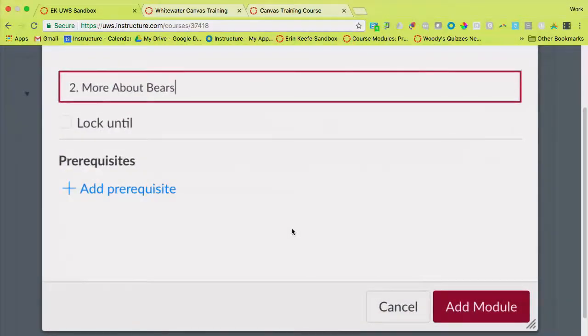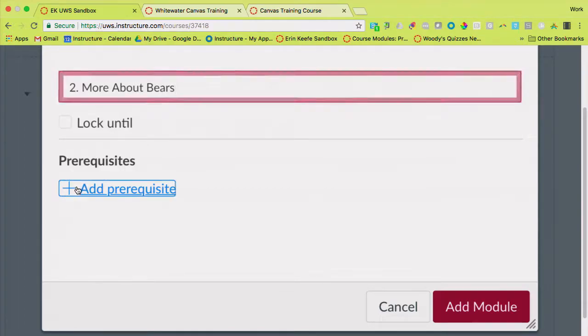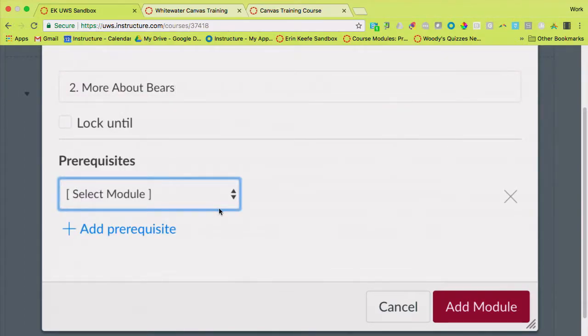Now that we have a second module, you'll see that there's an additional tool. So we have Lock Until, but we also can set a prerequisite. Modules will allow you to really design the path you want your students to walk down, and prerequisites is going to be one of the ways that you can do that.